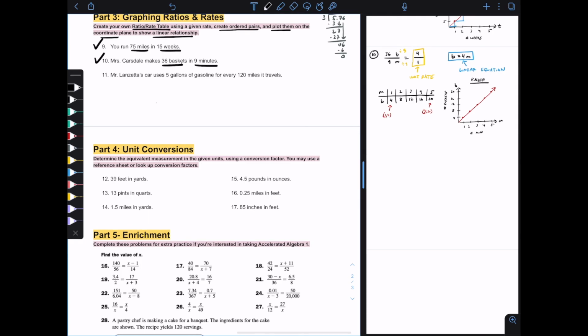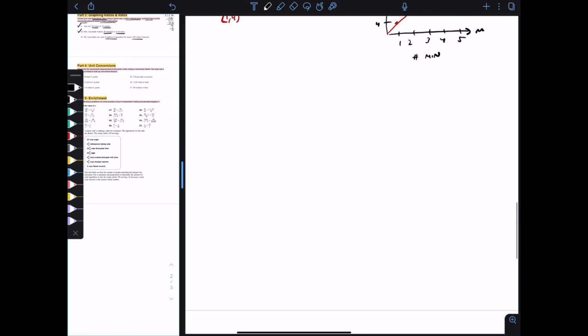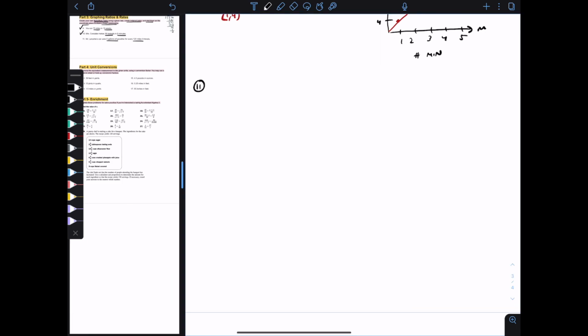Okay, so let's look at number 11. Mr. Lanzetta's car uses 5 gallons of gasoline for every 120 miles that it travels. So let's go over to paper here. Number 11. And so the rate here is going to be 120 miles for every 5 gallons. So I'll put the miles on top, and that's for 5 gallons. I'll put 5 GAL on the bottom. And to find the unit rate here, we're really going to have to find it for 1 gallon. How far can you go with 1 gallon of gas? And that's typically how cars are